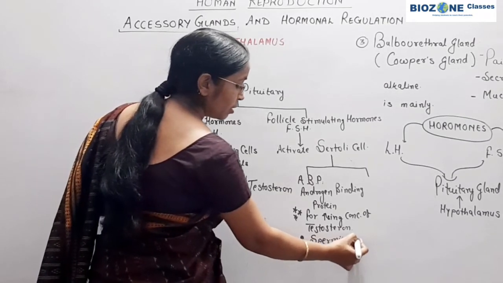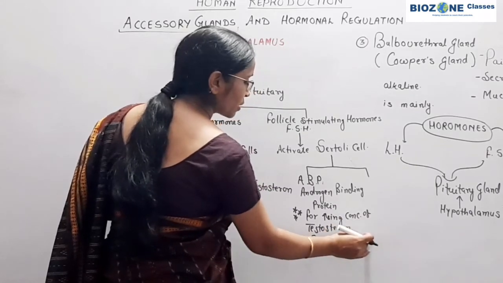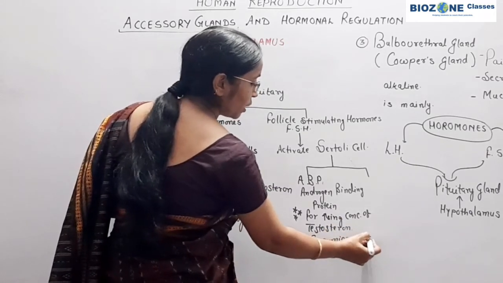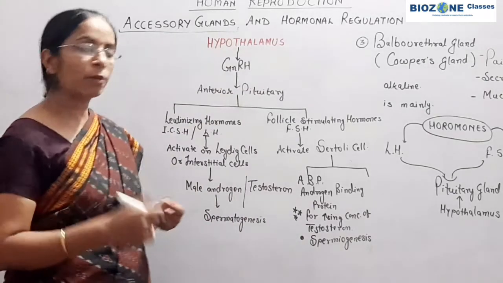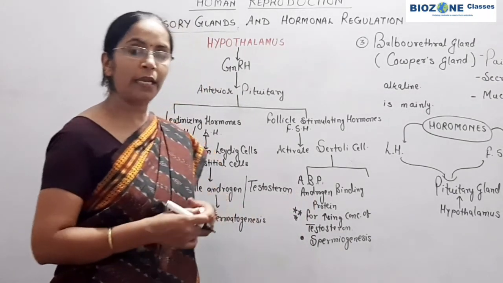When we discuss spermatogenesis, at that time we also discuss the spermiogenesis phenomena. So for spermiogenesis, ABP or androgen binding protein is